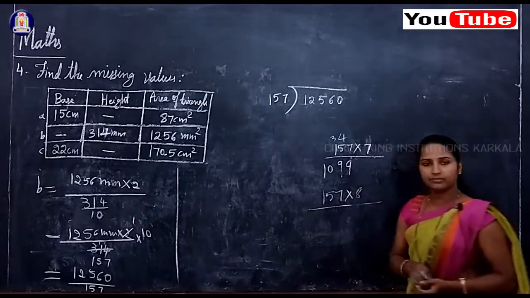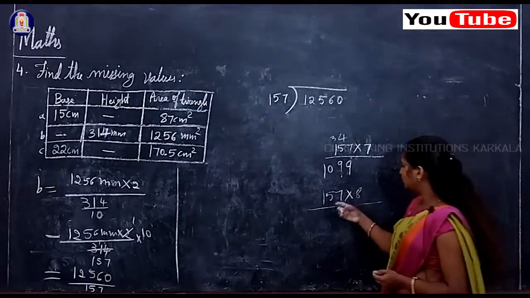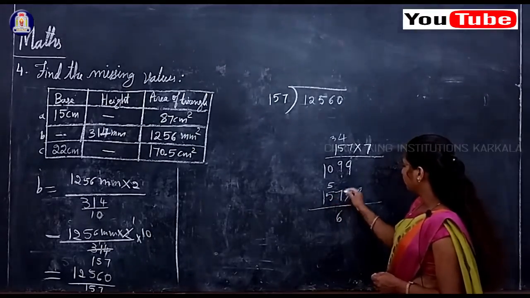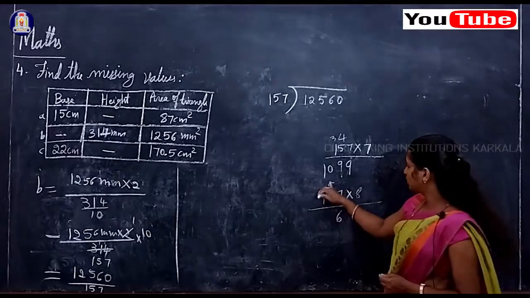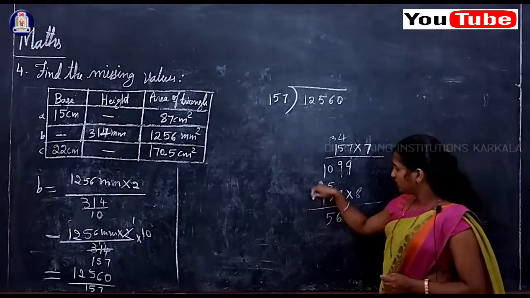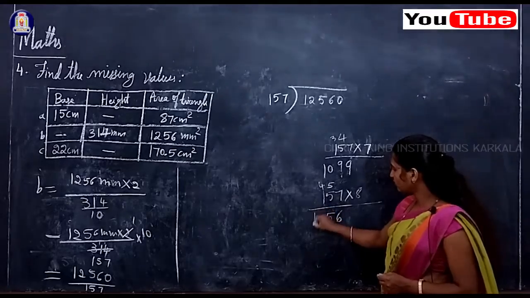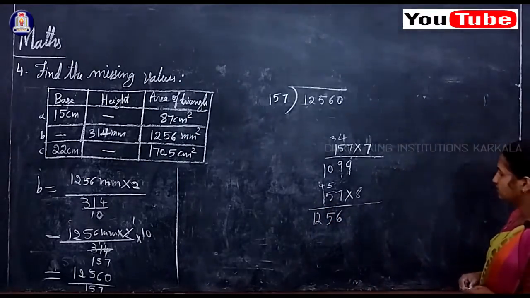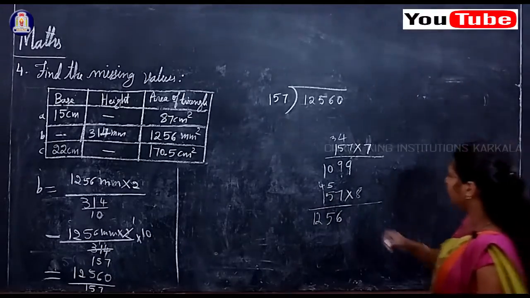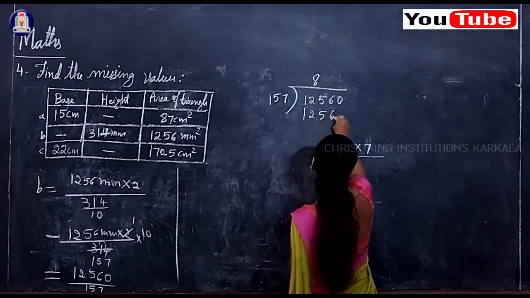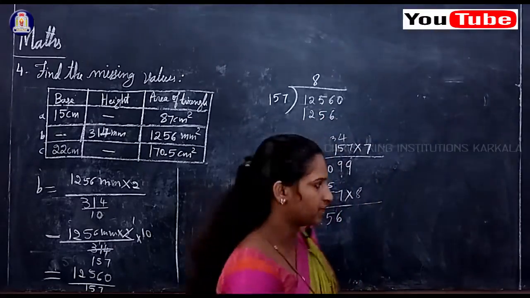Okay, we will multiply by 8. So 8 sevens are 56. 5 remaining. 8 fives are 40. 40 plus 5, 45. So 4 remaining. 8 ones are 8. 8 plus 4, 12. So 1256. So 157 eights are 1256. Okay. So now if you subtract,